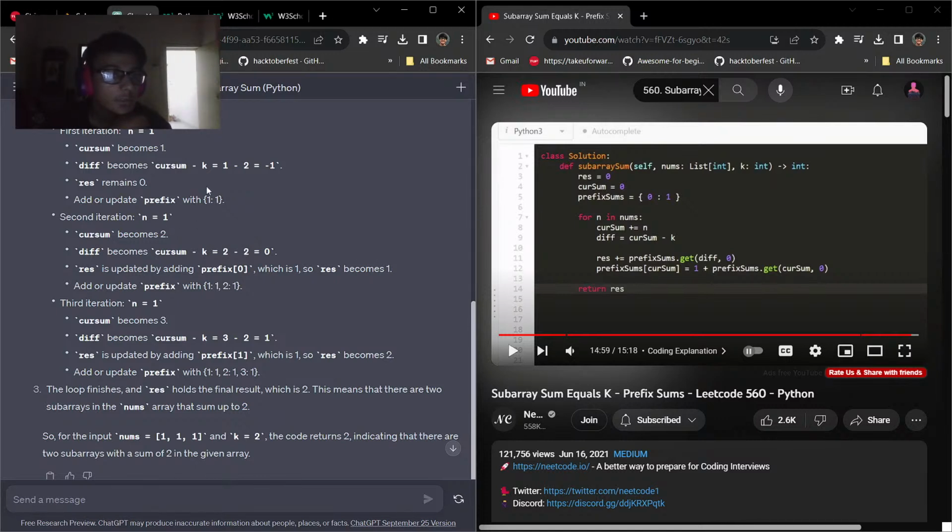डिफरेंस हमारा 0 -1. डिफरेंस हमारा -1 हो गया और कॉमा 0। कर्सम जो हमारा है